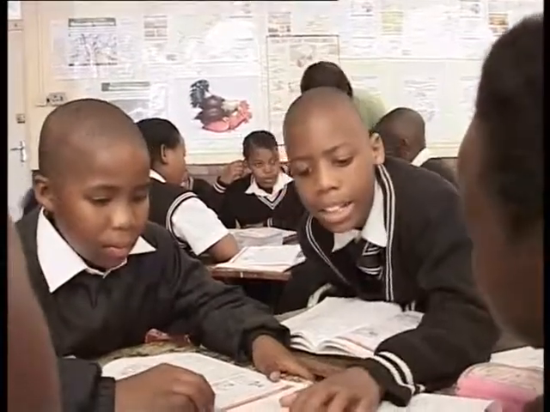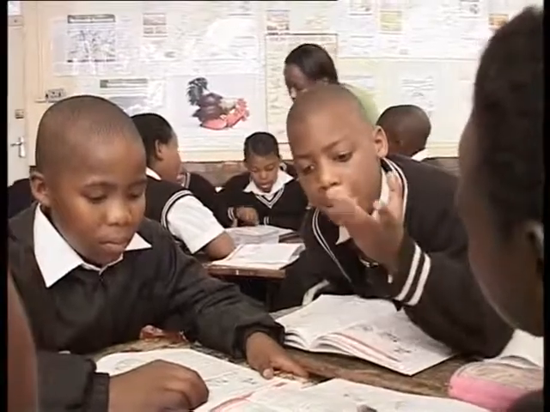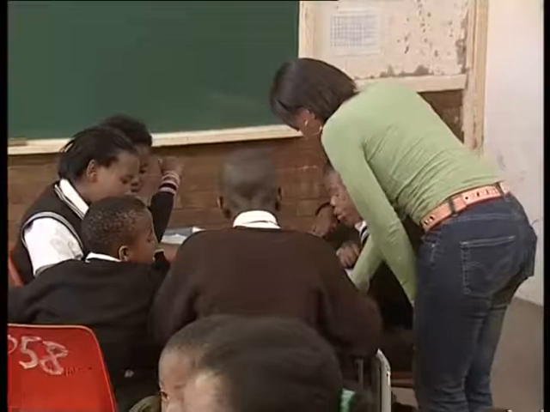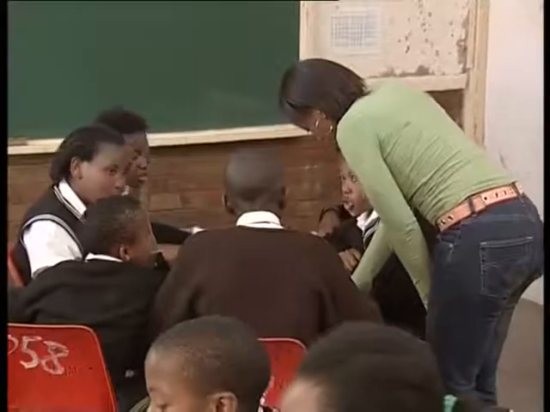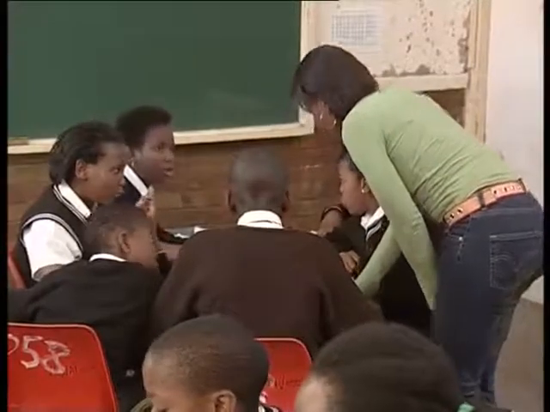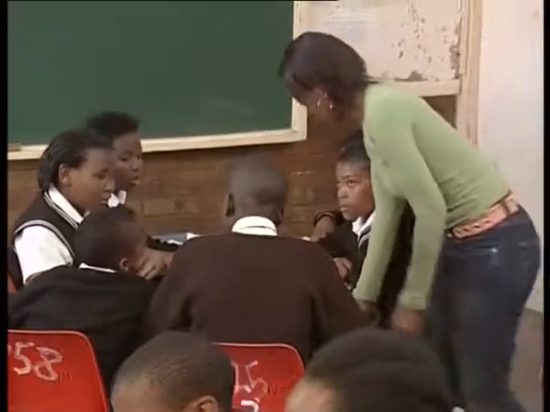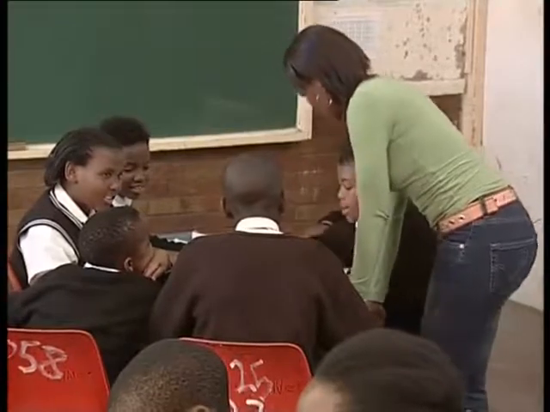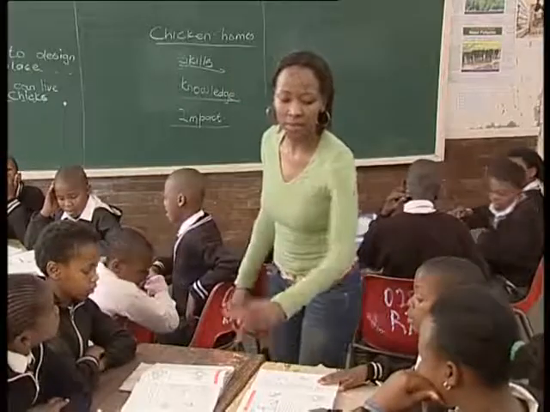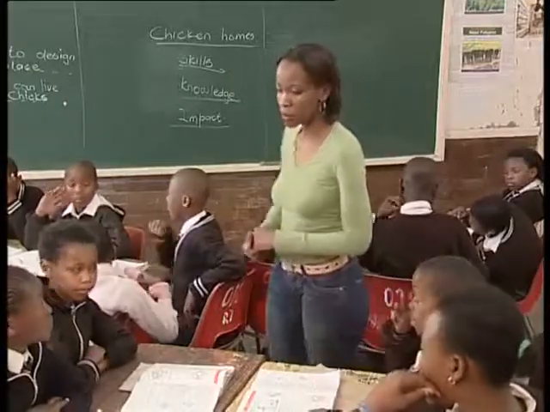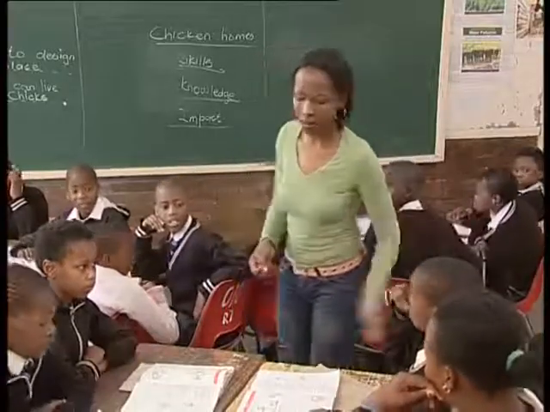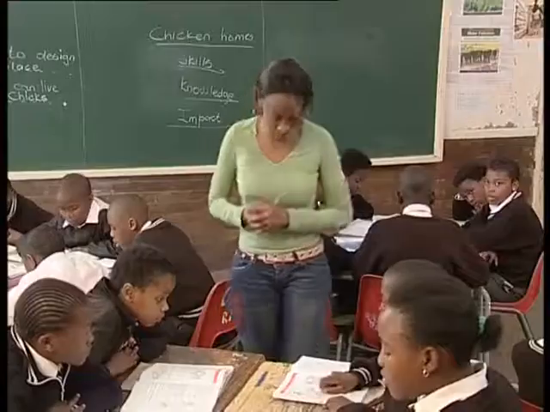You cannot have food and water at the same time. There is only one dish. We only have one fowl. And the chicken can move around. Yeah. Okay, good. Time up, guys. So this group is going to do the place number 1. Okay, who's going to do it? Slindile, okay. This one is protected, but the chicken cannot exercise. The chicken cannot exercise. Very good.